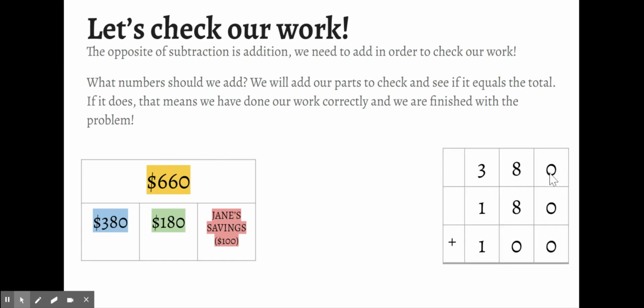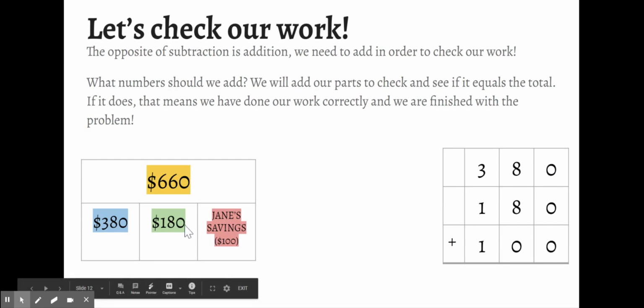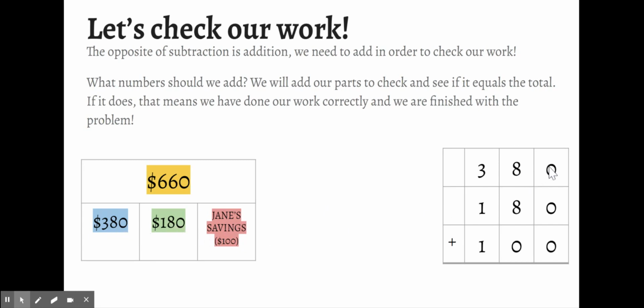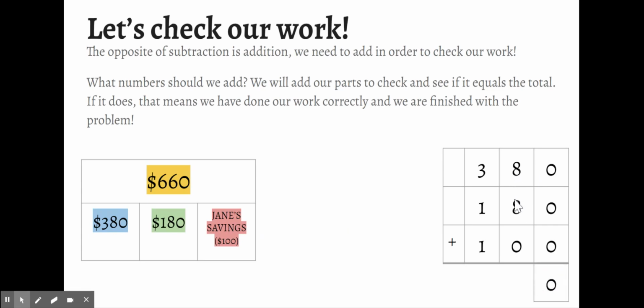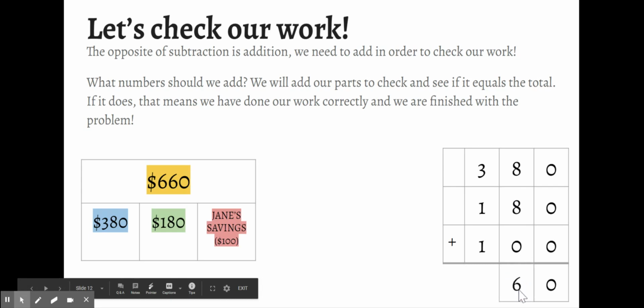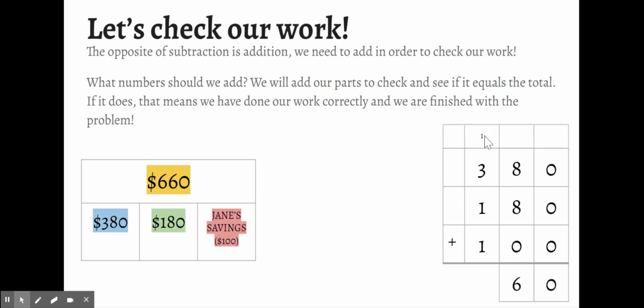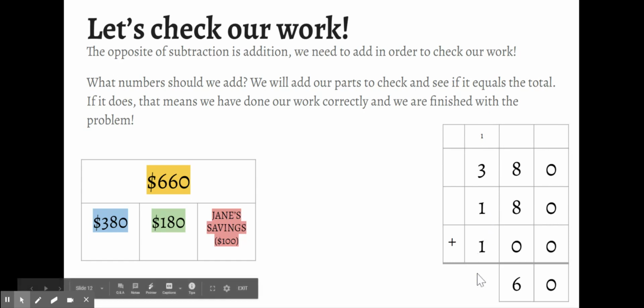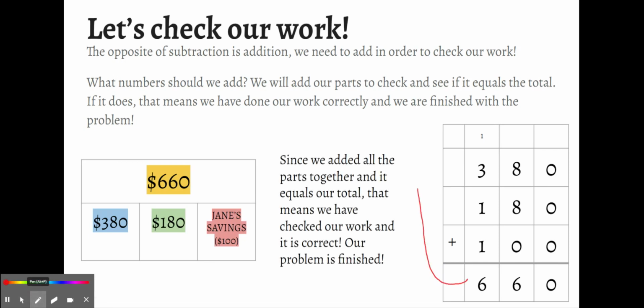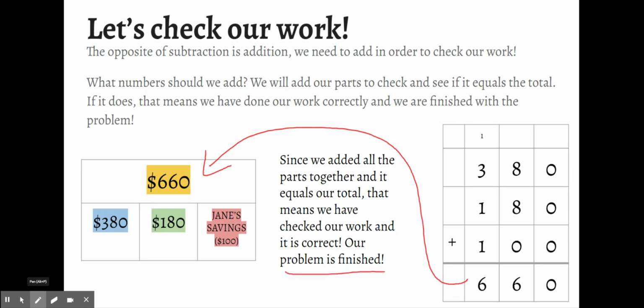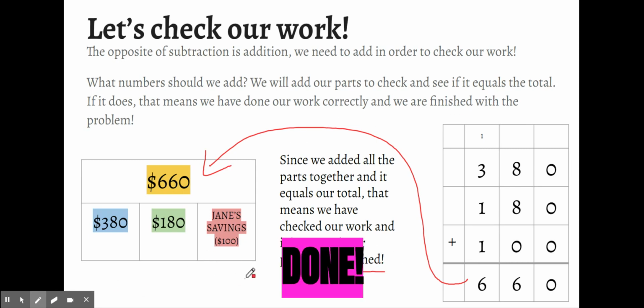So let's do that. I have 0, I'm going to add the 100, the 180, and the 380. So I add all my zeros together, I get 0. I add my 8 and my 8 and my 0, I get 16. 1 plus 3 plus 1 plus 1, I get 6. Because my answer equals my total, that means that we got our problem correct and our problem should be finished. And we are